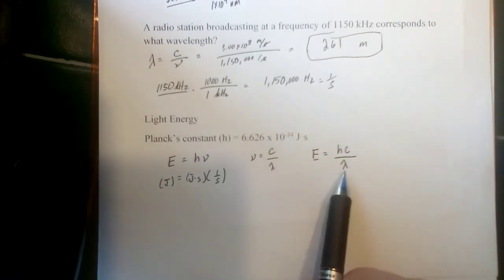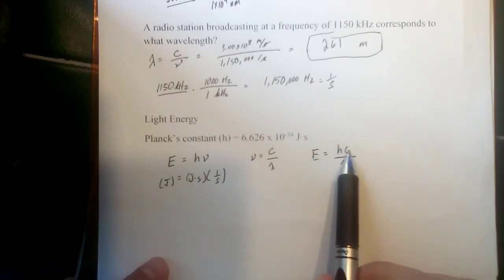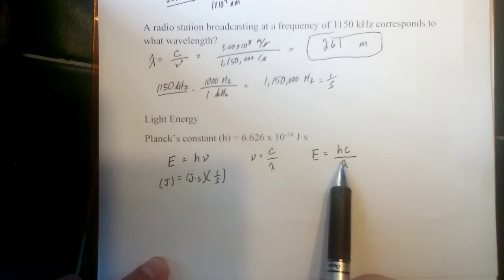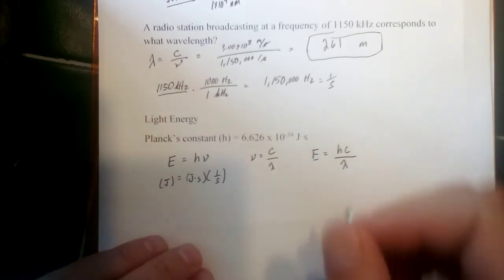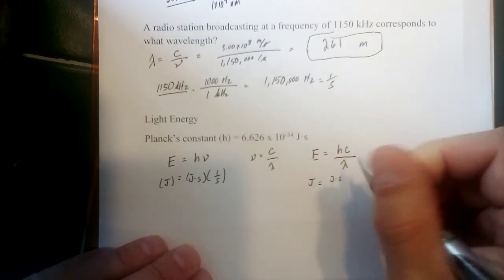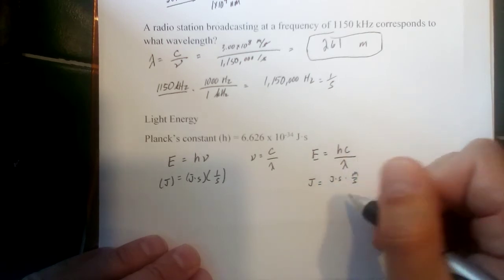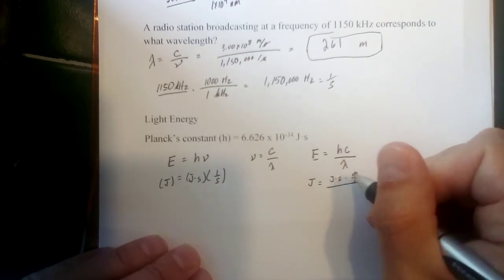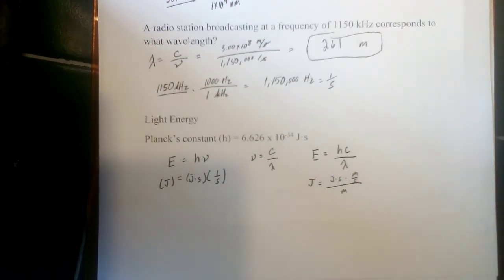So if we want to compare the wavelength of light to its energy, we just need to multiply Planck's constant times the speed of light, divide by the wavelength in meters, and we'll be left with joules here again. So in this case, joules for energy, joules times seconds for Planck's constant, meters per second for speed of light, right? There goes seconds. Divide that by the wavelength in meters, there goes meters,